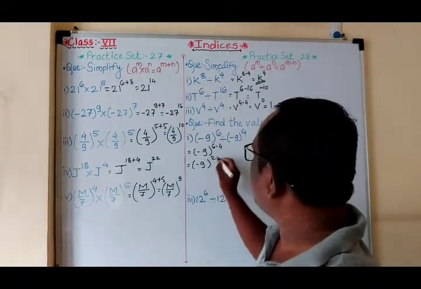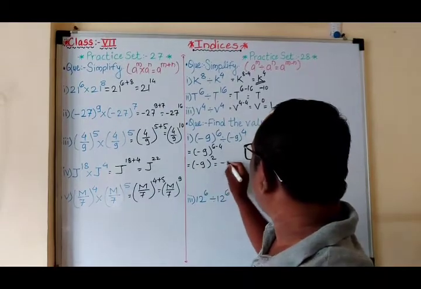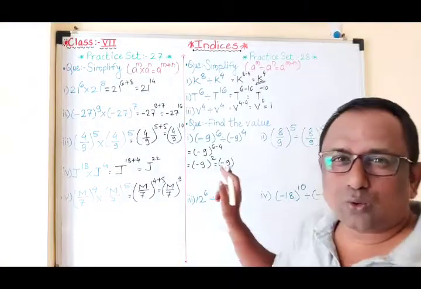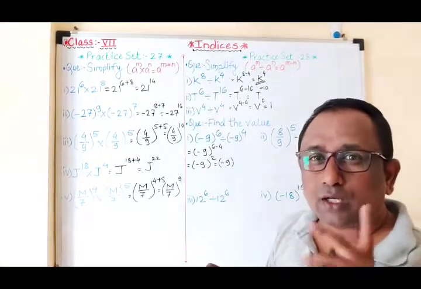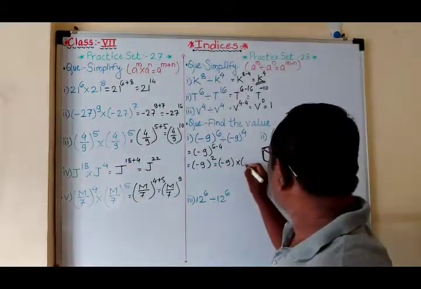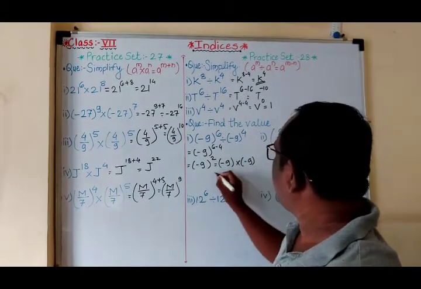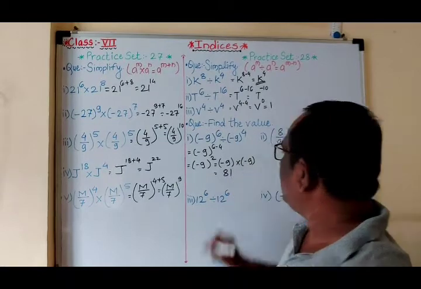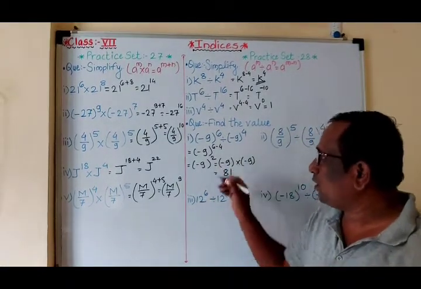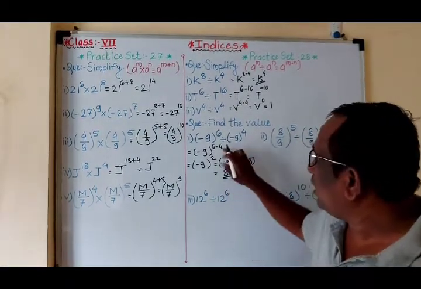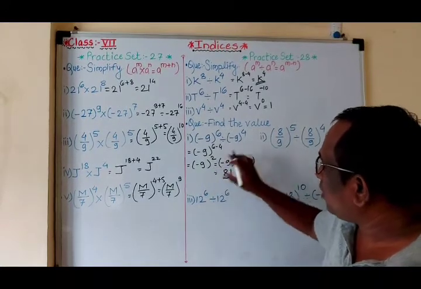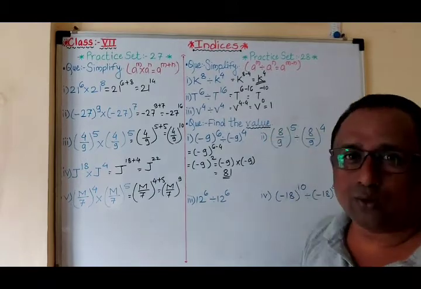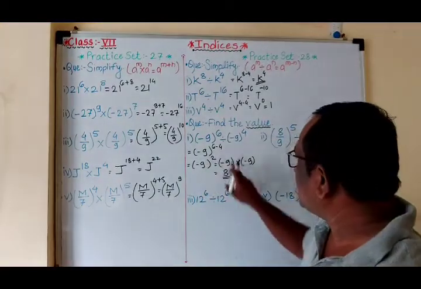So minus 9 raised to 2 means we have to multiply minus 9 two times. Then we get 9 9s are 81, minus minus plus, so 81. Okay, here 9 square we have to write. So here only the same way we have to solve, but here one step we have to add, that we have to find the value.